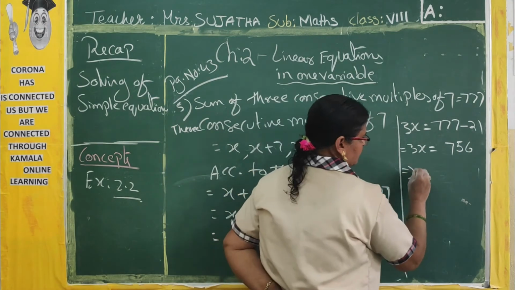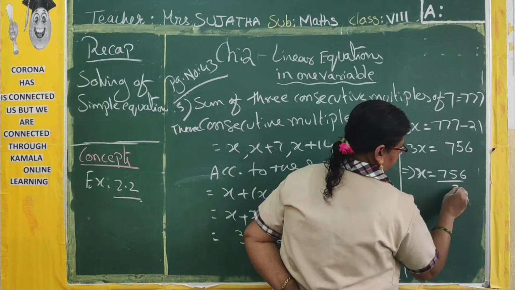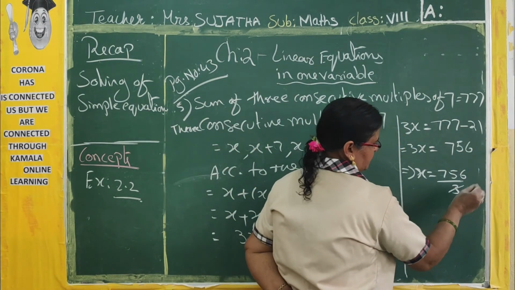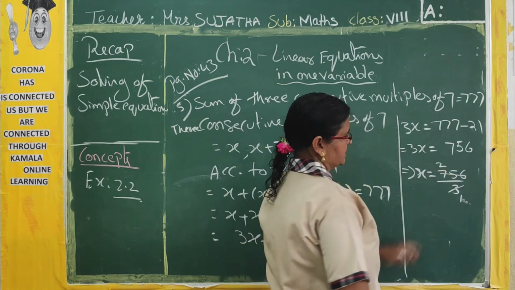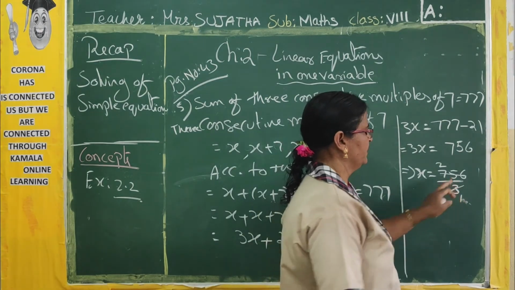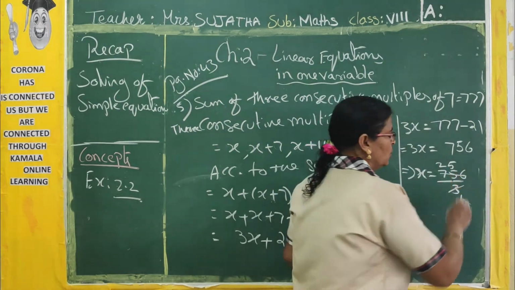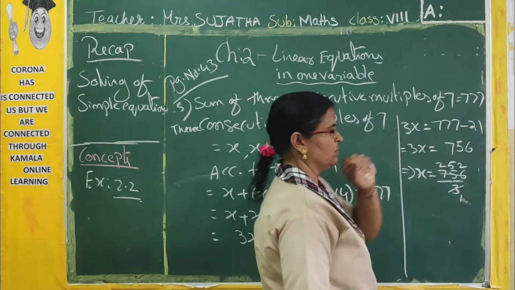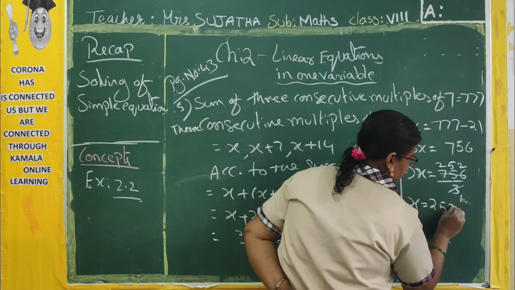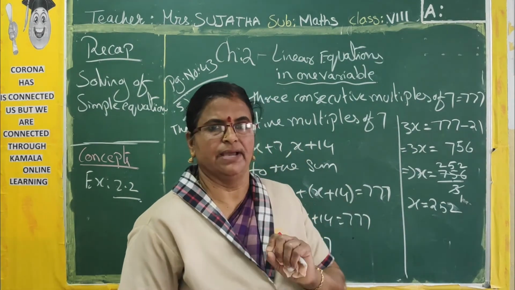Now it implies x is equal to 756 by 3. 756 by 3. Now 3 table you have to cancel. 3 ones are 3. 3 twos are 6. 7 minus 6, 1. 1, 5, 15. In 3 table 15 will come how many times? 5 times. Now in 3 table 6 will come 2 times. What is that? x is equal to 256. Therefore, x is equal to 256, 252, sorry. 252. Okay. So this is the x value.